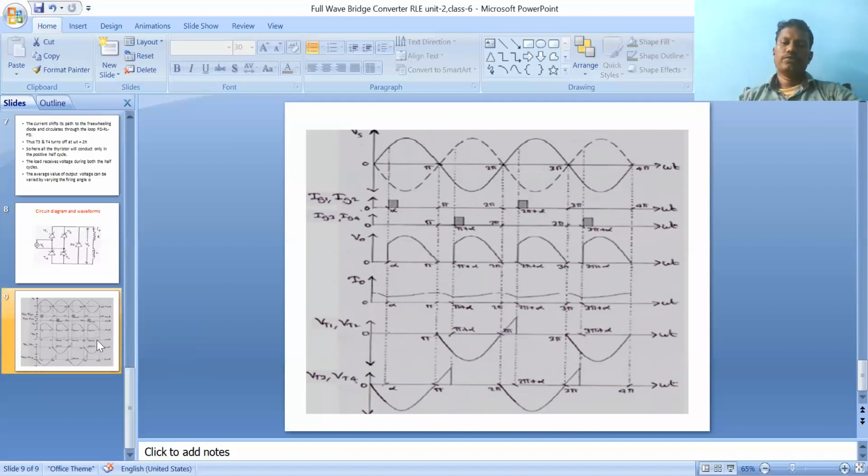It is also called a two pulse converter. Why is it called a two pulse converter? The output of the rectifier we are getting as two pulses in the completion of one cycle of input. In one cycle of input, the output has two pulses, 1 and 2. So it is also called a two pulse converter. Okay, so this is the concept of the single phase full wave bridge rectifier with RL and freewheeling diode, and RLE load also. Thank you.